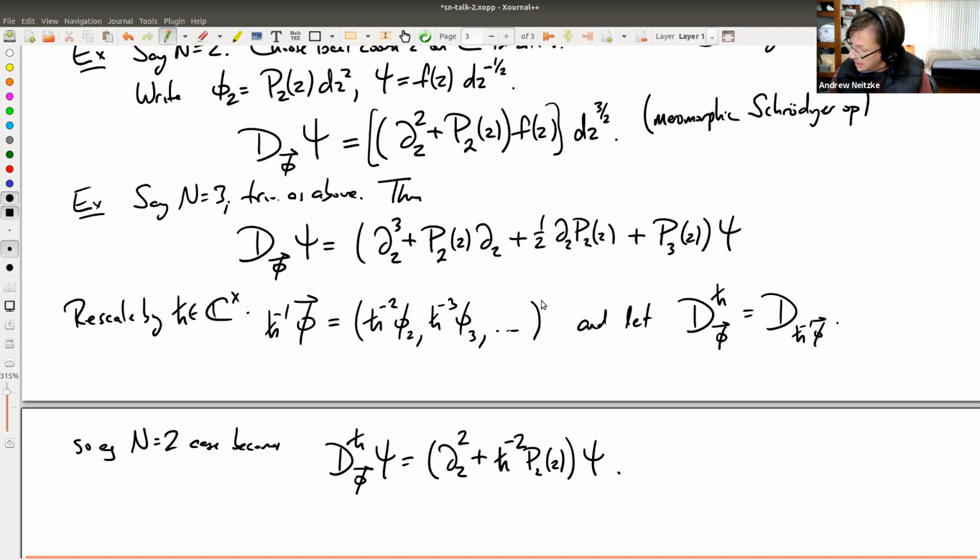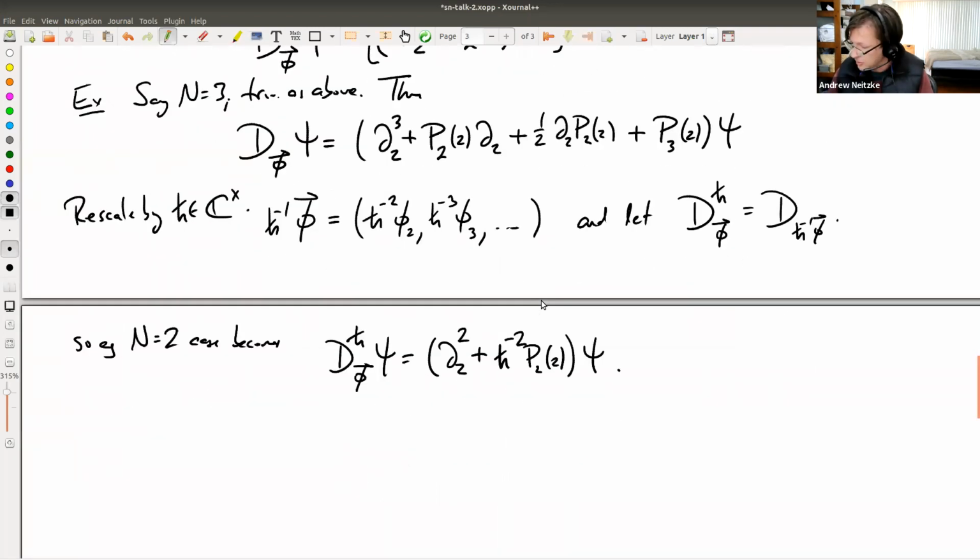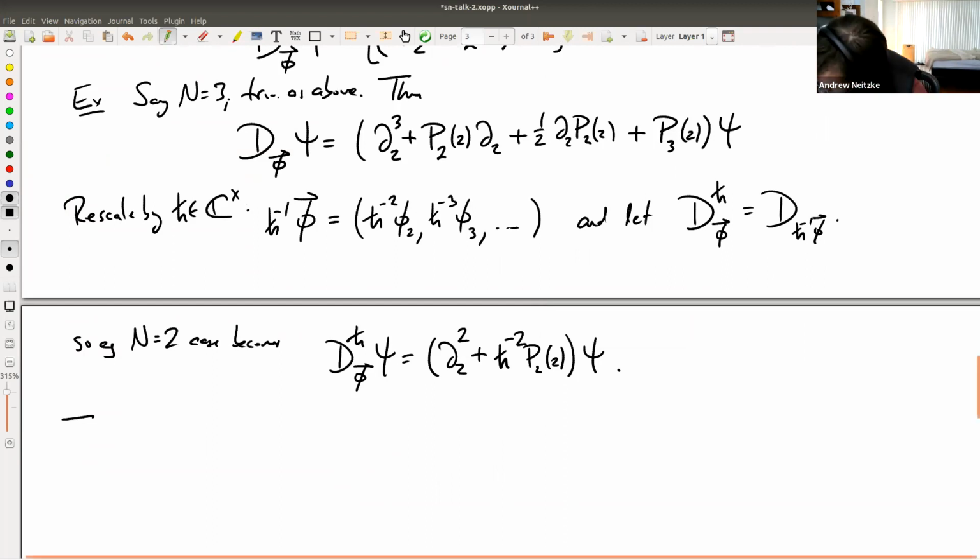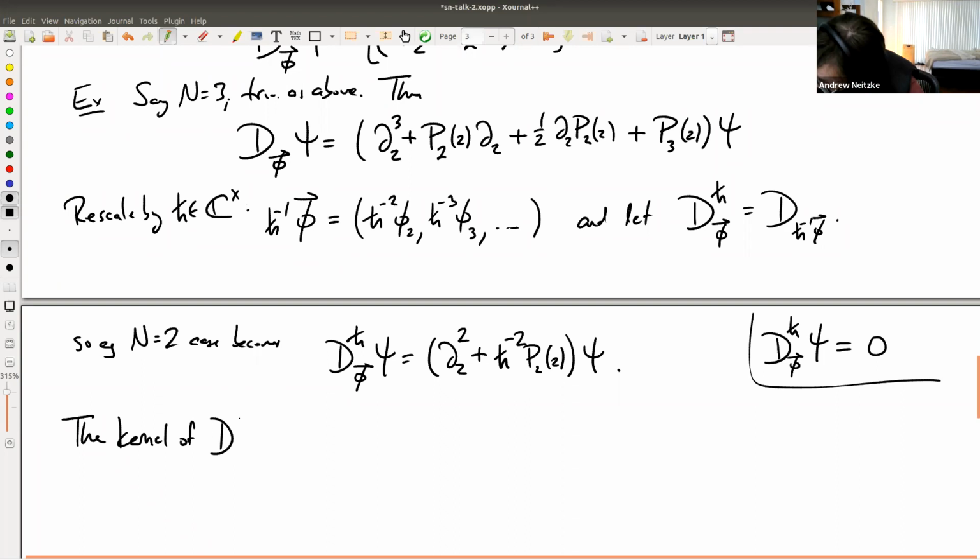Okay, so we want to study this differential equation. What does it mean to study the differential equation? Well, what I mean is the following. Let's look at the solutions of the equation. Sorry, I should say the equation that I'm going to be interested in is d Hbar of psi equals 0. We're going to be interested in that equation. And so the space of solutions of that equation, in other words, the kernel of d Hbar phi acting on holomorphic sections,